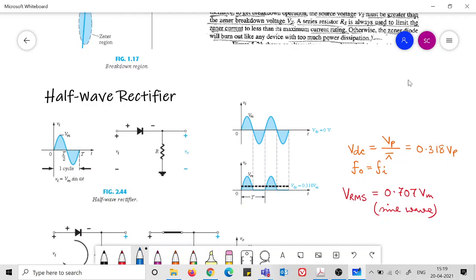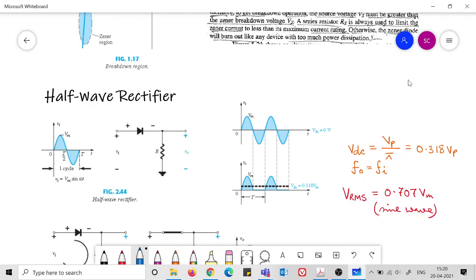It is experiencing a forward bias. So when it is experiencing the forward bias, it is in conduction mode. When you consider the ideal approximation, it is simply a short circuit. So it is a simple resistance and a sinusoidal voltage. Here a sinusoidal current is flowing, and the output voltage is also sinusoidal in nature.